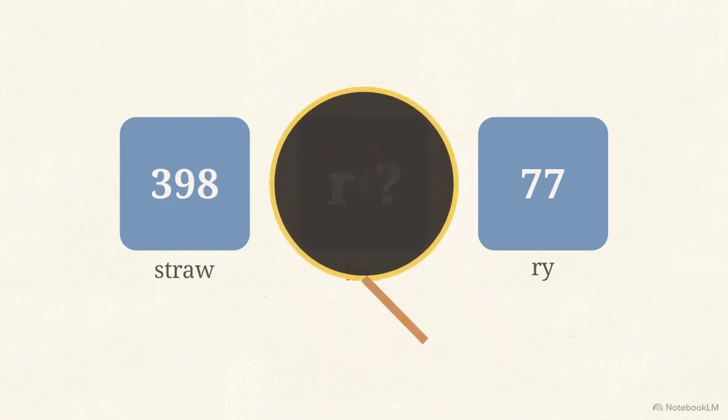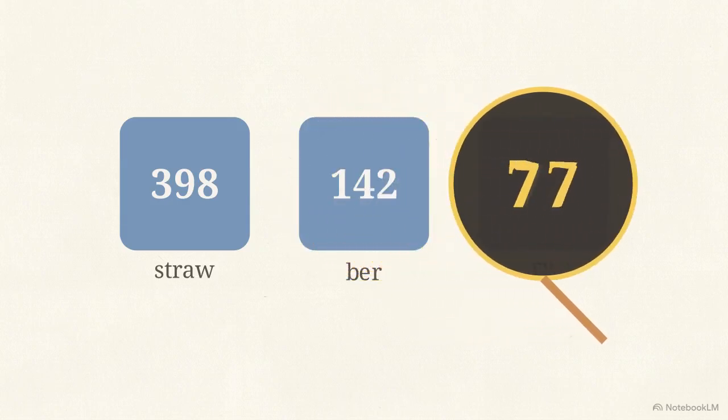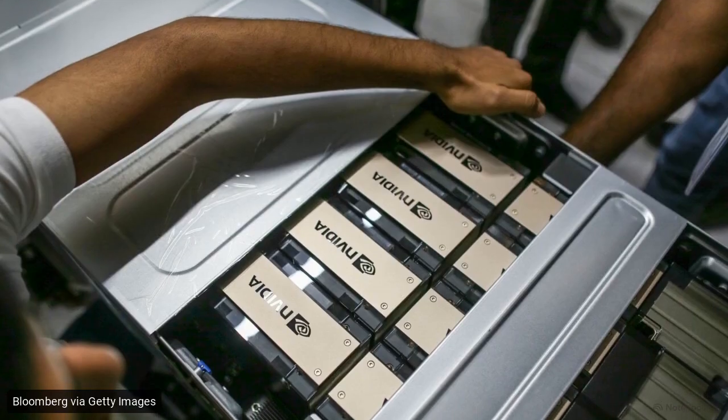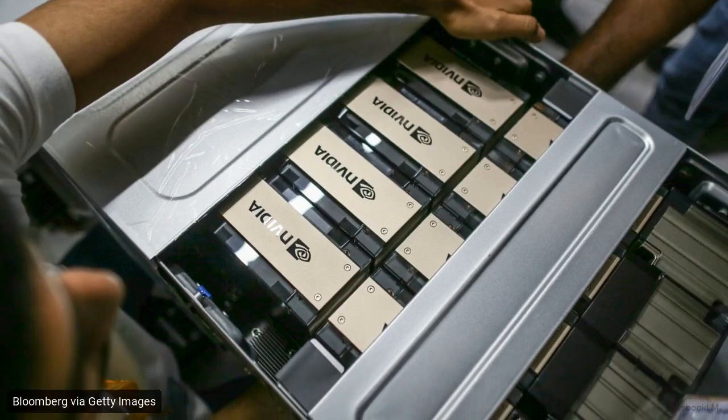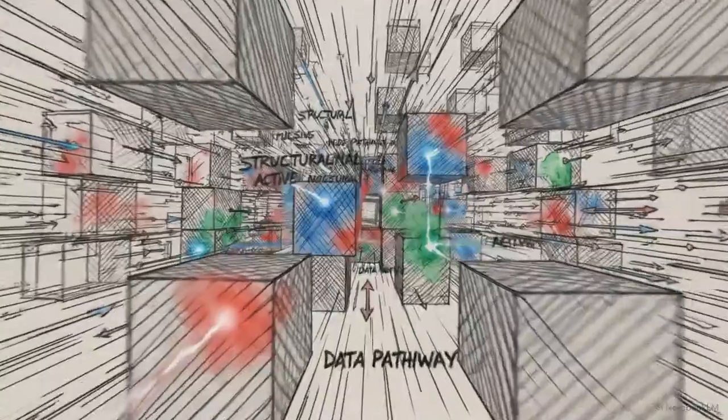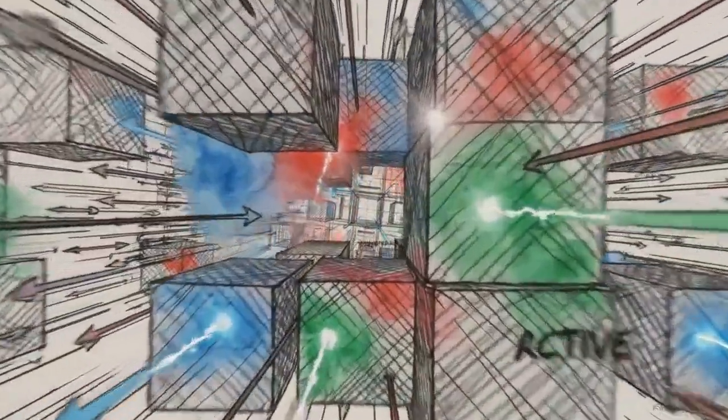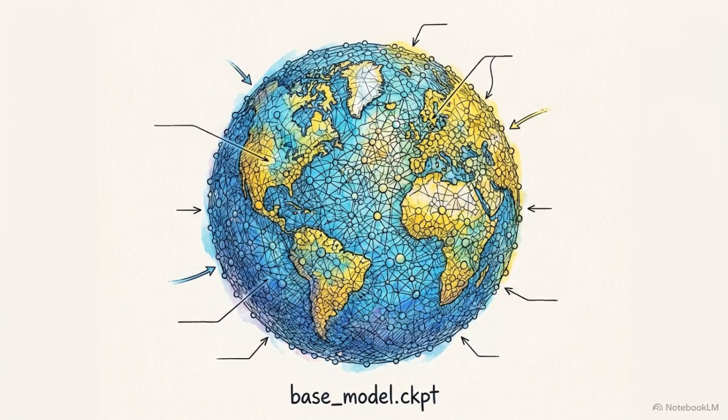This is why language models routinely fail at simple character-level tasks, like counting the number of R's in strawberry. The letters simply do not exist in the model's field of vision. Processing these tokens requires staggering brute force. Engineers install thousands of high-performance GPUs to execute the trillions of matrix multiplications required to train the network to accurately predict the next token. The output of this months-long computational marathon is a base model. It is strictly a stochastic document simulator.